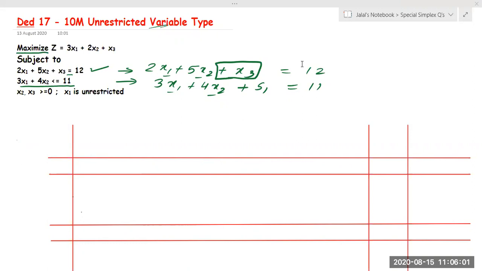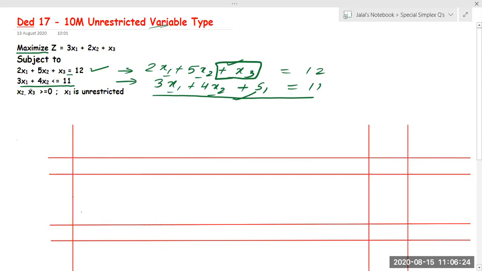Okay. So what I'm saying is, since x3 is there, we can start our first iteration with the help of x3 rather than adding any artificial variable. So we don't have to add any artificial variable in this equation because it is less than. So we are adding only one slack variable. And in this equation, we don't have to add any artificial variable because there is x3, which is only present in one of the equations. It is not repeating in either of the equations.